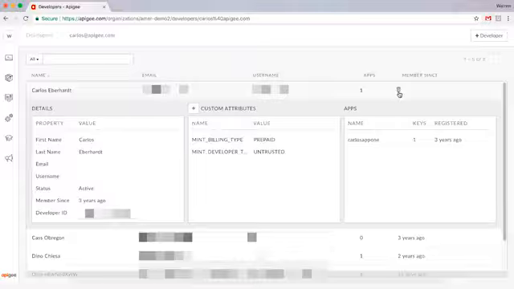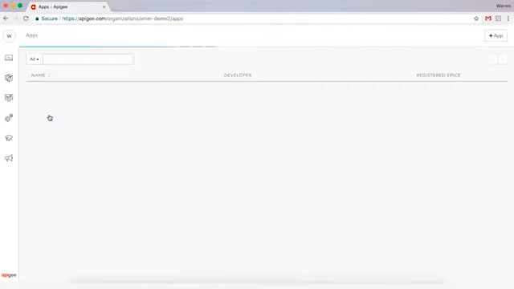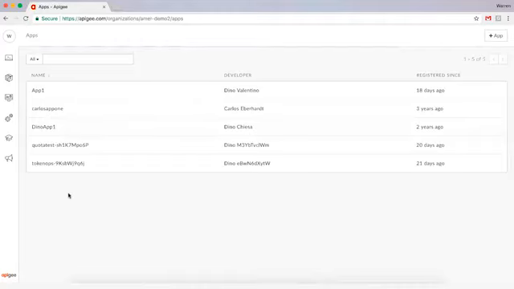As mentioned before, we wanted to make this as simple to use as possible, so hopefully this is all pretty straightforward. Now let's move on to apps. As the name suggests, apps are the applications created by the developers we mentioned previously that will use your APIs. They use your APIs by way of products, which you can think of as a bundle of APIs that achieve a certain set of functionality. We'll be covering API products in more detail in just a little bit. When an app calls an API, they are secured by a consumer key and secret.